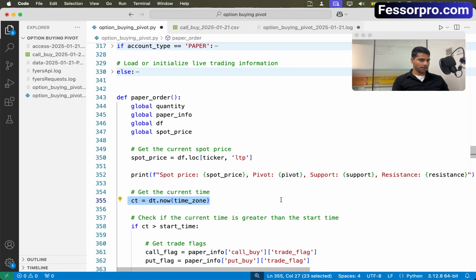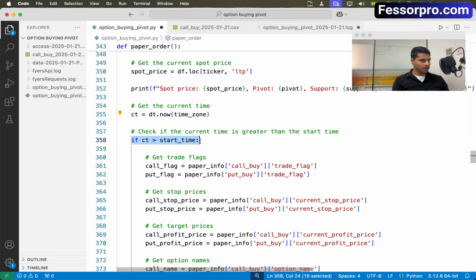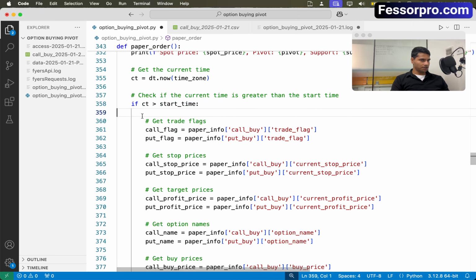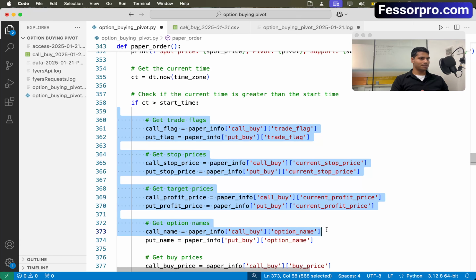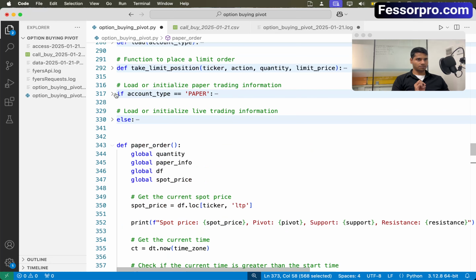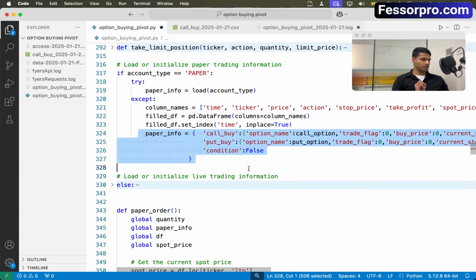Then I'm getting the current time, and I've written a condition that if my current time is greater than the start time. So if you execute this code before the start time, let's say at 8:30, then from 8:30 to 9:30 nothing will happen, provided that 9:30 is your start time. Once your start time is reached, you're going to fetch all the parameters from your paper info variable. I'll just show you the paper info one more time. See here, you have this paper info variable,